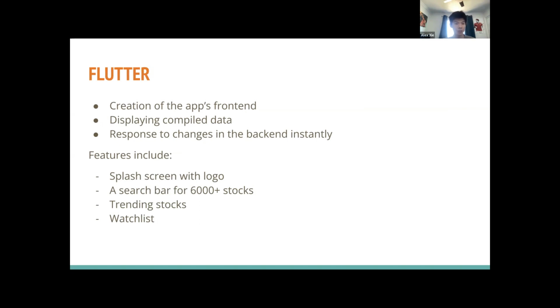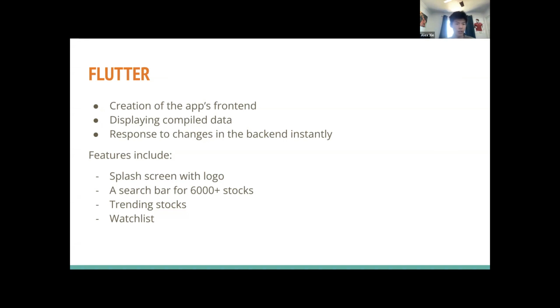And the language Dart is really similar to Java, so it's not too big of a difference. As I said before, this is where the front end was drafted and created, and it also displays the compiled data for the users to refer to. We use Flutter because it almost responds instantly to any changes in the back end. I will get into that later.